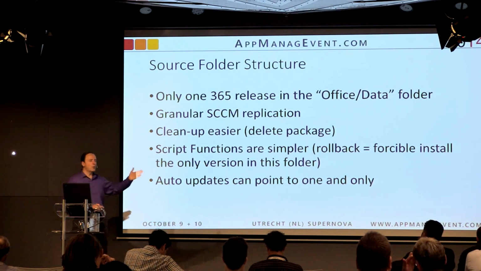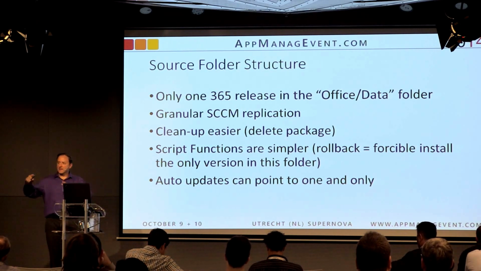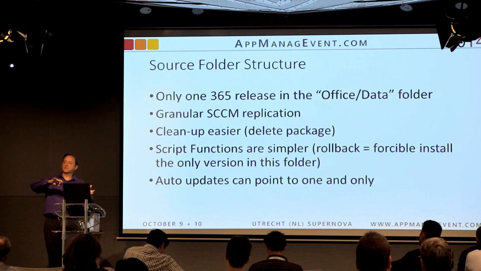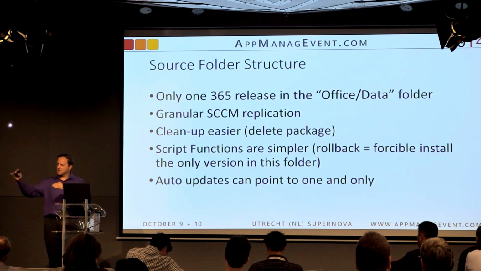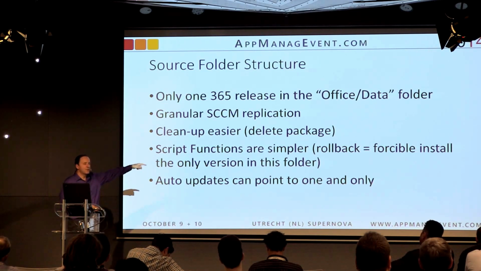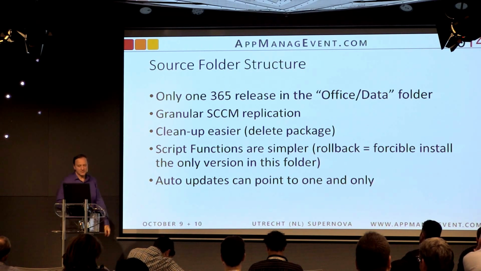Also, scripting rollback is much easier because you can just script something that says roll back to this version. So let's say you push a new version, you hit 150 clients, everybody's like, whoa, big problem, roll it back. You could just rerun the old package and give it a special command line to force to this exact version and push back to an old version. Where if you have multiple versions in the same package, you're going to have to change your scripting, update your source, and then force a rollback.